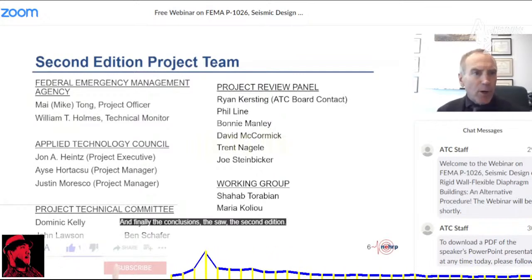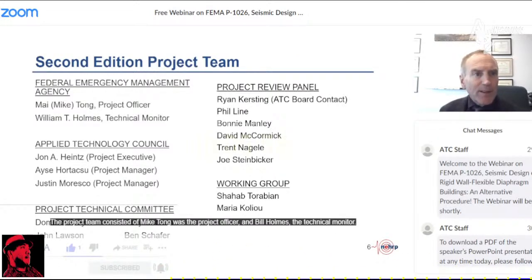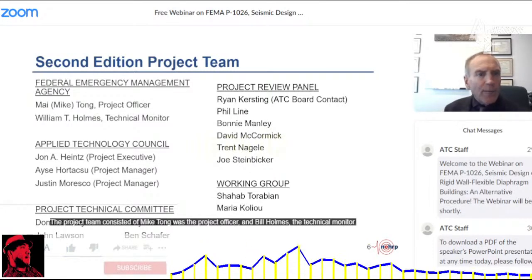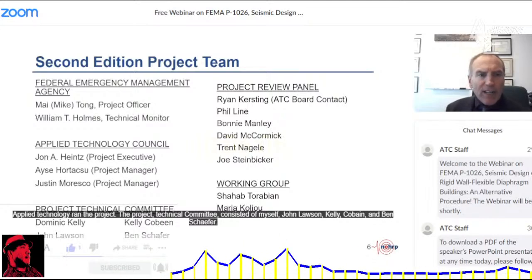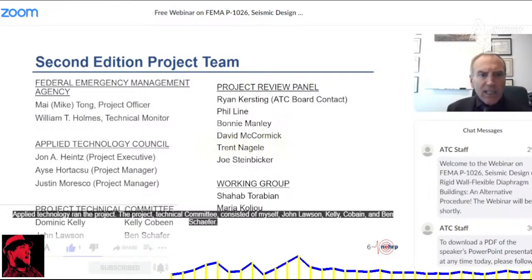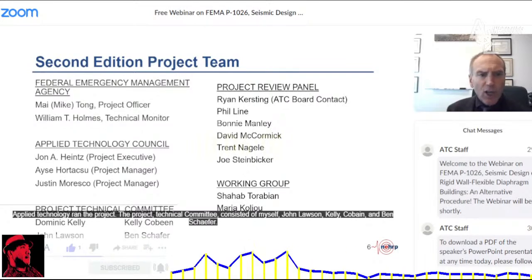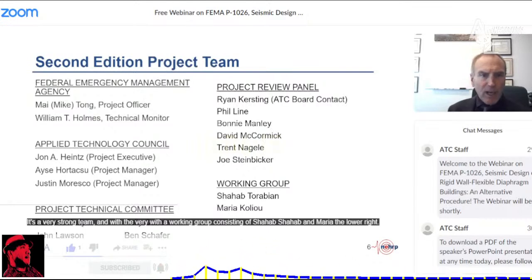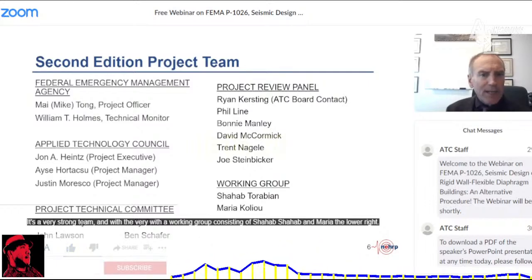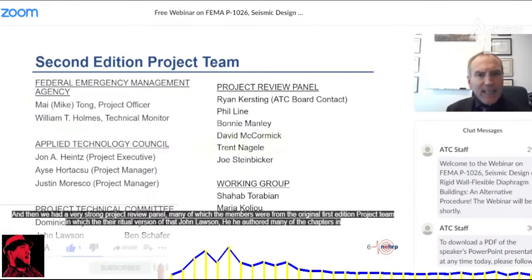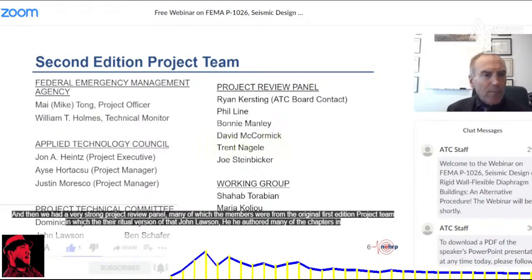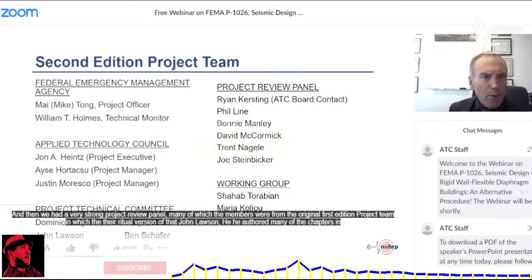For the second edition, the project team consisted of Mike Tong as the project officer and Bill Holmes as the technical monitor. Applied Technology Council ran the project. The project technical committee consisted of myself, John Lawson, Kelly Cobeen, and Ben Schafer. It's a very strong team, with a working group consisting of Shahab and Maria, in the lower right. And then we had a very strong project review panel, many of whose members were from the original first edition project team,